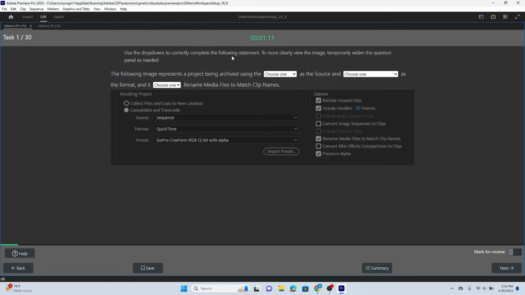So what we're looking at here is the project management screen of Adobe Premiere Pro. So the following image represents a project being archived using, and we have a few different options in this dropdown: individual clips, preset, or sequence. Luckily, this question is going to be pretty straightforward, and it's just a matter of reading the information that they already give you. Even if we're not familiar with using this interface, this really is just, at its core, a reading question. So we're looking to see if any of these options are on our screen here: individual clips, preset,